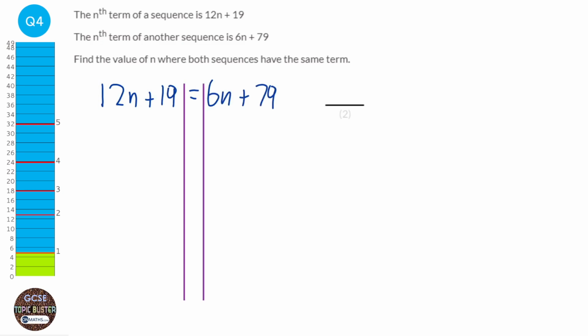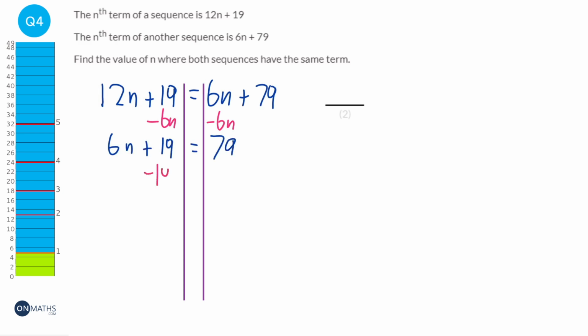So I draw my lines down, and I'm going to start off by getting rid of the n's from both sides. So we look to see which is the smaller amount. So we've got 12n and we've got 6n, so the smaller amount is the 6n. So we're going to take away 6n both sides, and so that would be 6n plus 19, and we've got rid of the 6n, so just 79. Next thing we're going to do is get rid of the 19, so take away 19 both sides,